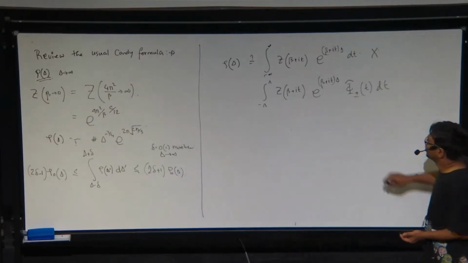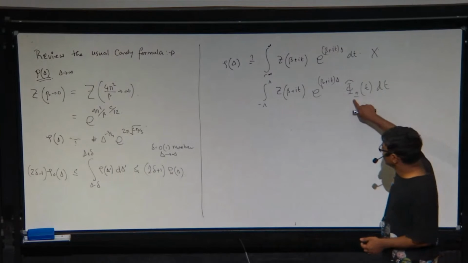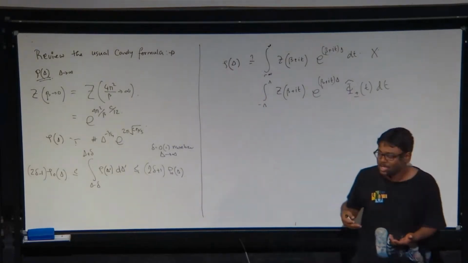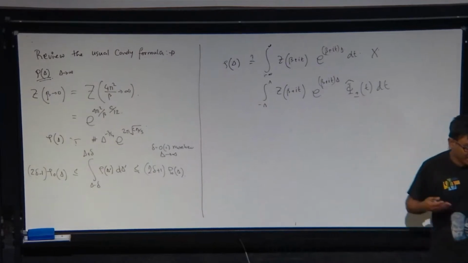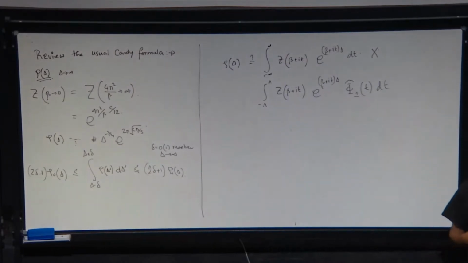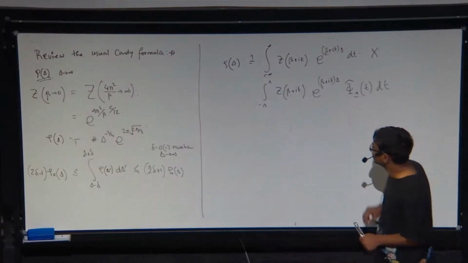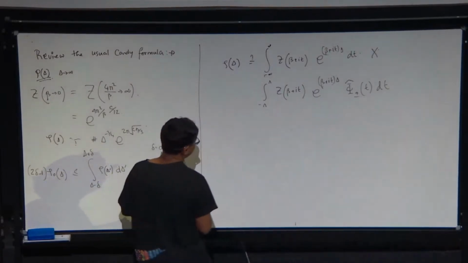But now the point is, because I have stuck in this function, I do not know what this means in terms of this delta variable. So that means I cannot just put in any compactly supported function. I need to have some control. And to see how we can control this function, we should go back to the delta variable.